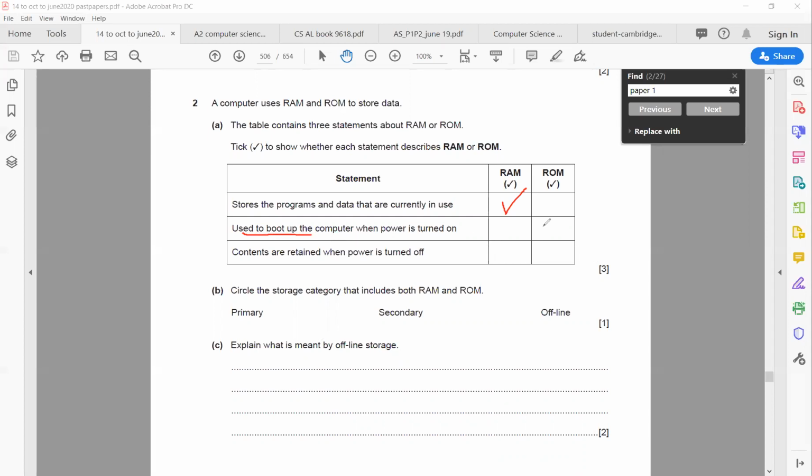Okay. इसके बाद जी, used to boot up the computer when power is turned on. boot up process जितना भी होता है ये ROM से होता है, ठीक है, and contents are retained when power is turned off. That means it is talking about non-volatile nature and it is also ROM, ठीक है। RAM के content जो होते हैं ये they disappear when the power is switched off, ठीक है।